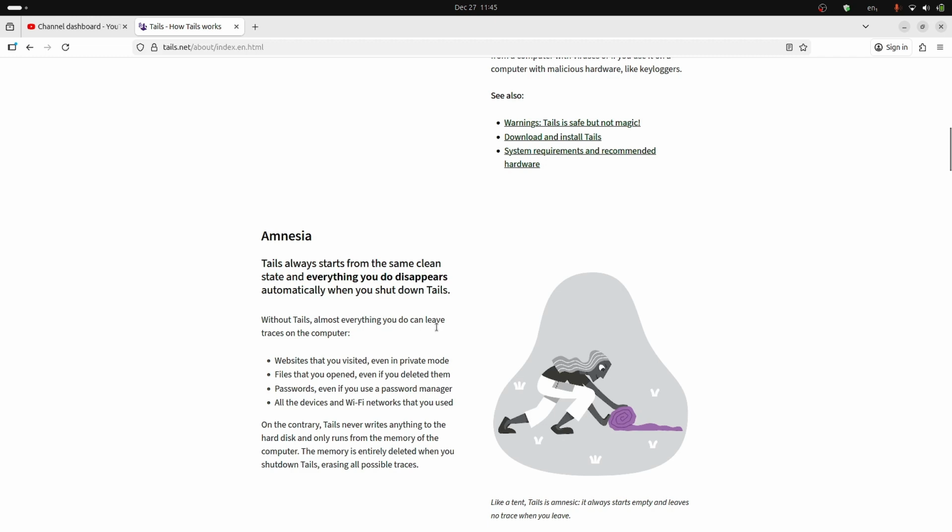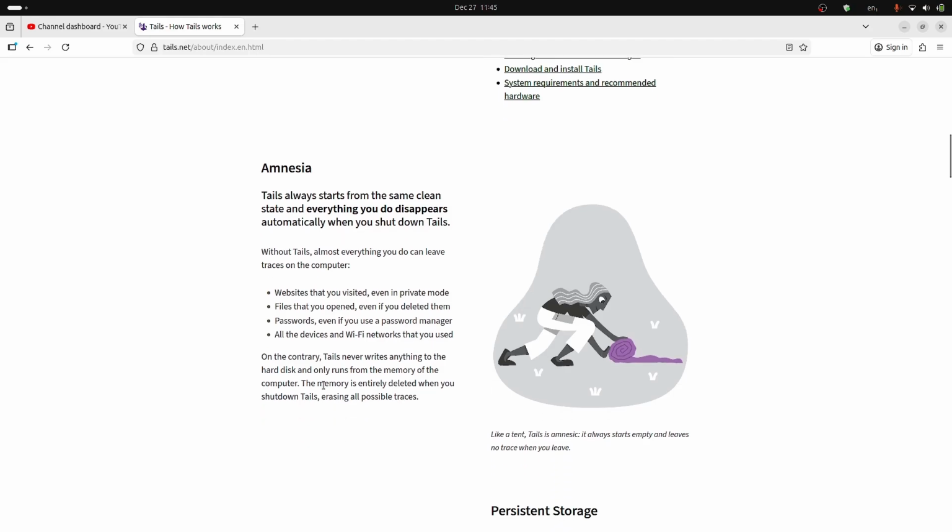Without Tails, almost everything you do can leave traces on the computer. For example, websites you visited even in private mode, files that you opened even if you deleted them, passwords even if you use a password manager, and all the devices and Wi-Fi networks that you have used. On the contrary, Tails never writes anything to the hard disk and only runs from the memory of the computer. So all these sensitive things like websites, files that you opened, passwords, and the Wi-Fi networks and devices,